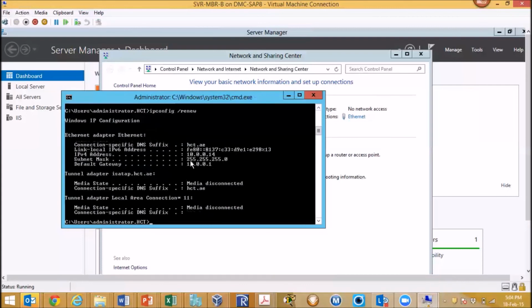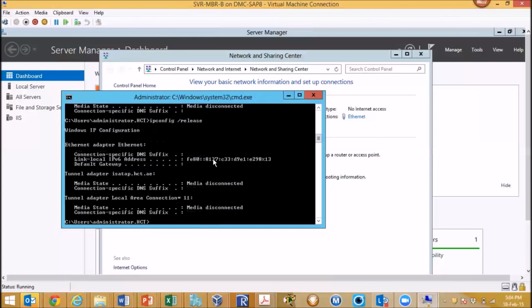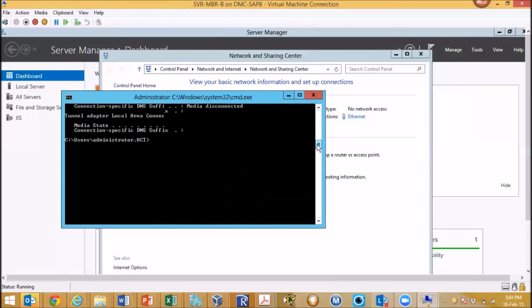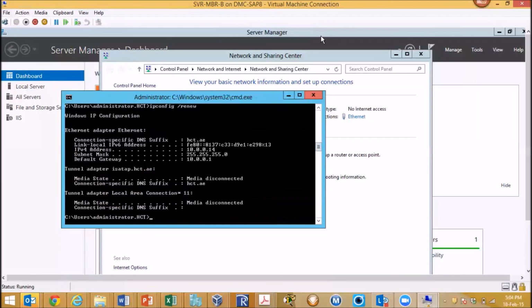Can you see? No, it still didn't contact my DHCP server. Yeah. So I say release again. Whereas in your case, it won't be the same. Did it release? Okay, I say renew again. Just give me a minute. Okay, fine. Perhaps my DHCP server is giving him 14 because he already has 14.